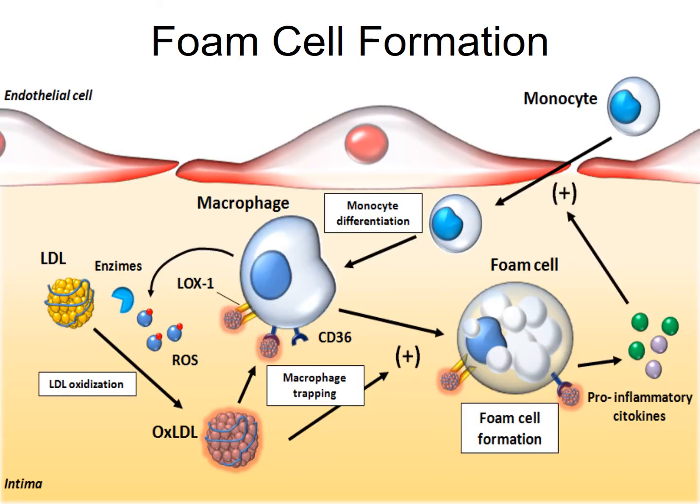Then you're going to have these macrophages, or what we call scavengers, start engulfing these LDLs. They have specific receptors that can accept these and start forming a foam cell. So you can see these monocytes are coming in, or scavengers, and you're making a foam cell, but then you start producing these pro-inflammatory cytokines, which is why you are also going to increase chronic inflammation.